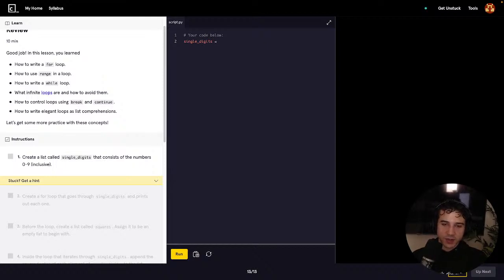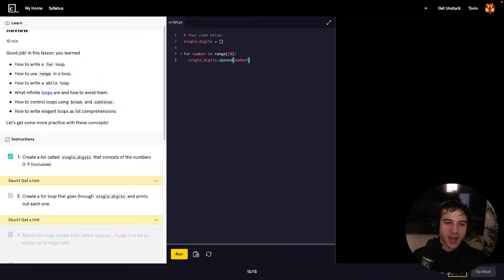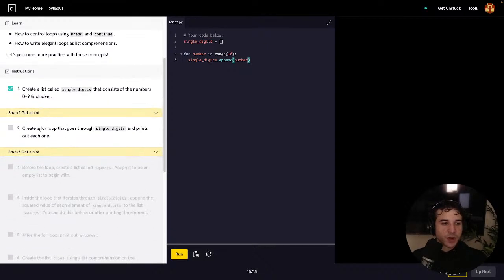Let's do this in a fancy way. So single_digits equals an empty list. For number in range, that'll be 10, single_digits dot append number. Let's get it. Create a for loop that goes through single_digits and prints each one. So for digit in single_digits,